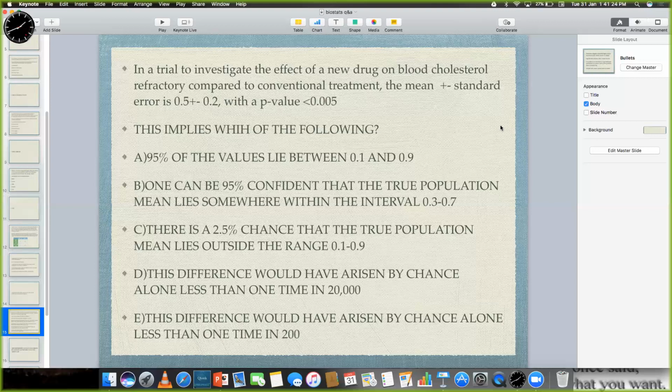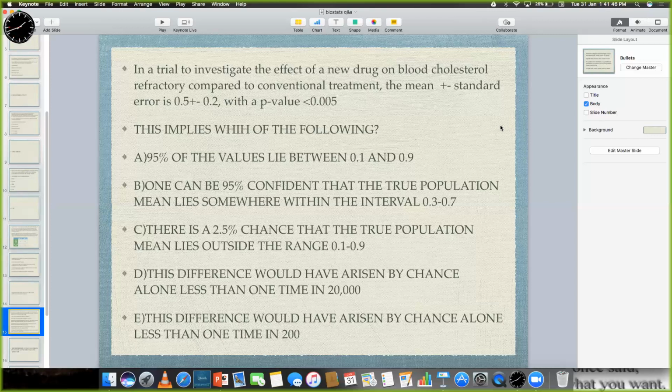So what is 0.5 plus or minus 0.6? What is the confidence interval? 0.5 plus 0.6 will be plus 1.1. And 0.5 minus 0.6 will be minus 0.1. Okay? So now that we've got